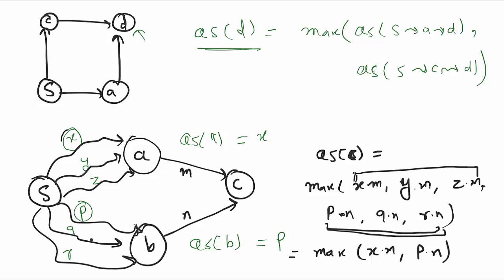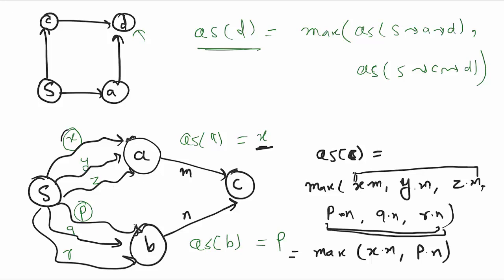Instead of finding the quality score among all the paths, I just need to find the quality score among these two paths. So basically what I mean to say is that we can compute the quality score of A, that is X, and we can use it to find the quality score of C. Okay, when we are at C, we do not need to find all the paths again.